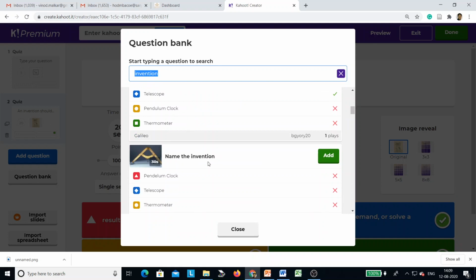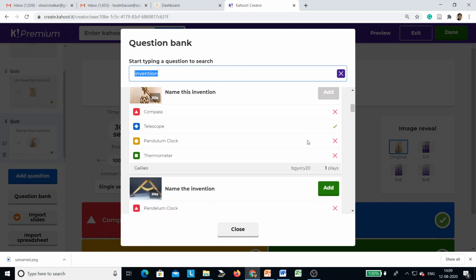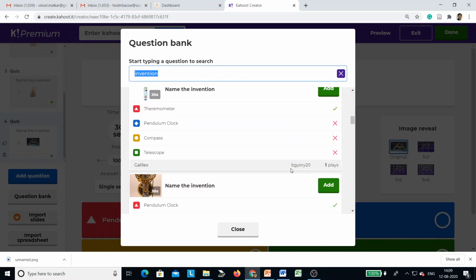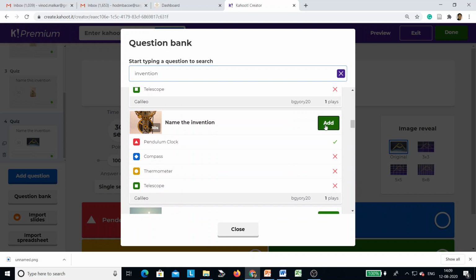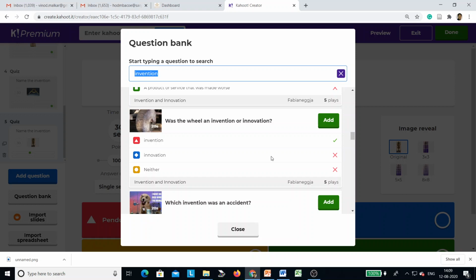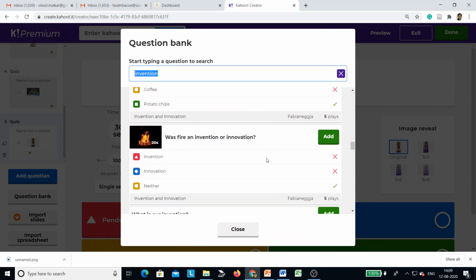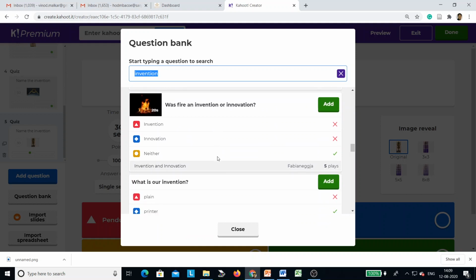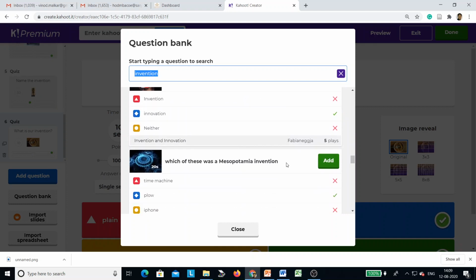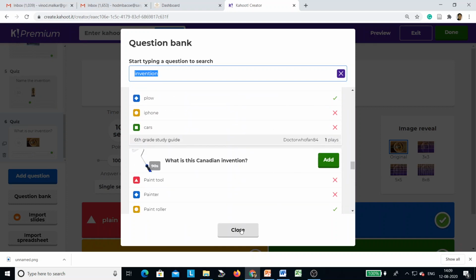So these are some of the images. If I want to add this question, then I can add. Then this question, I can add. Then if I want to add this question, I can add. What is invention? Which invention was an accident? Was fire an invention or innovation? Okay, so if I want to add some questions from that, I can add them,